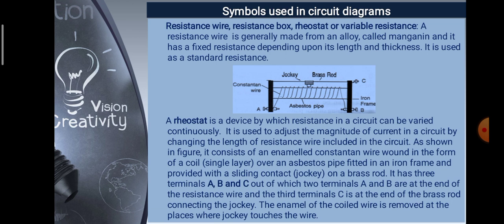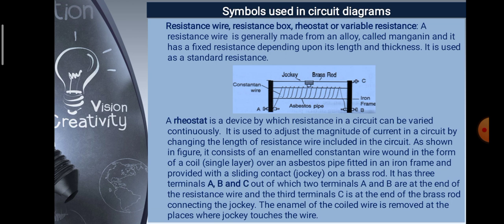Resistance wire, resistance box, rheostat, or variable resistance. A resistance wire is generally made from an alloy called manganese, and it has a fixed resistance depending upon its length and thickness. It is used as a standard resistance. A rheostat is a device by which resistance in a circuit can be varied continuously. It is used to adjust the magnitude of current in a circuit by changing the length of resistance wire included